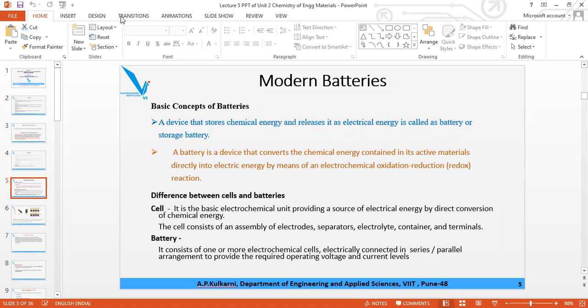Now, what is the difference between the cell and the battery? A cell is single. It has one anode, one cathode, then electrolytic solution and some partition. But if one cell is connected in series with another, or kept parallel to another, and the second is parallel to a third, and so on, then it becomes a battery. Batteries have more voltage than a cell. A single cell can give maximum 1.2 volt, but a battery in which two or three cells are arranged serially or parallelly can give up to 4 volts. So that is the difference between cells and batteries.